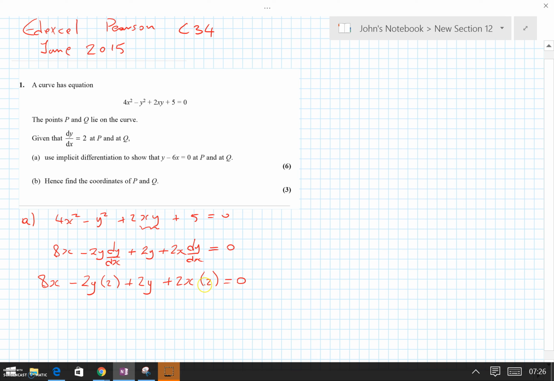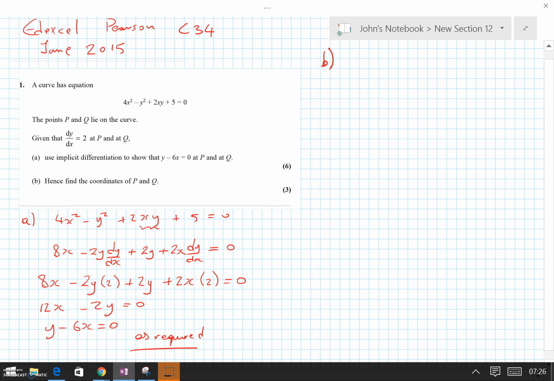We've got 8x and 4x, so that's 12x. And then we've got minus 4y plus 2y, so that's minus 2y equals 0. Now we can see that's 2y minus 6x, so I think we've convinced anyone here that that's got to be the answer. So here we go, that's as required. Nice pretentious bit of maths, just say you've done it. Okay, so B,